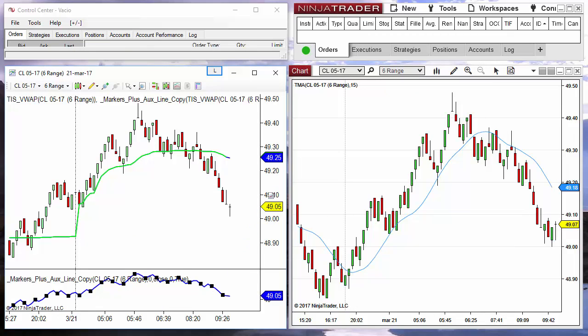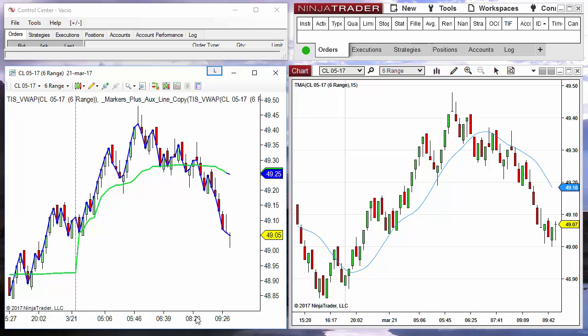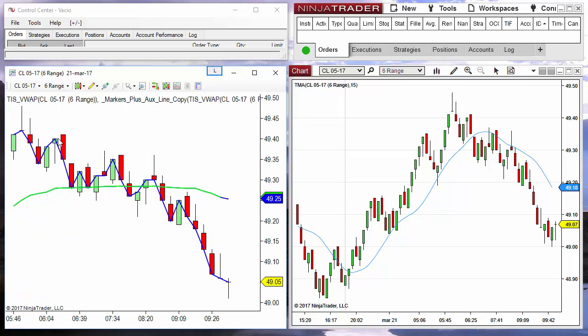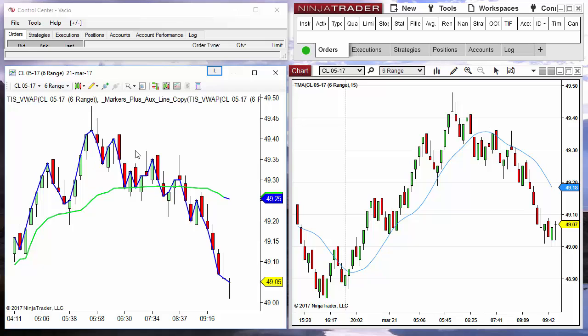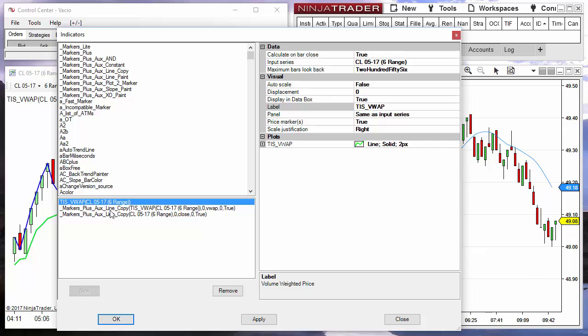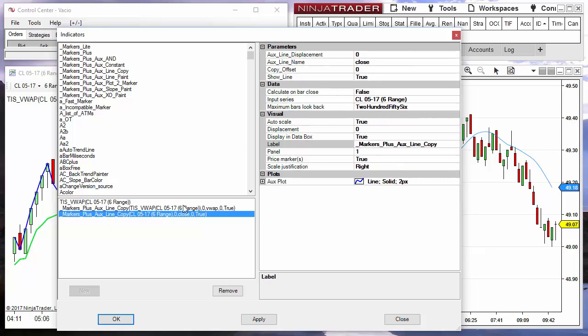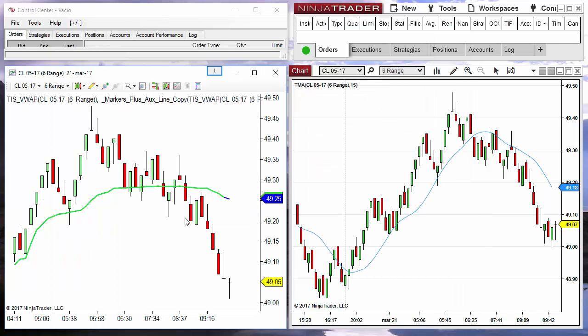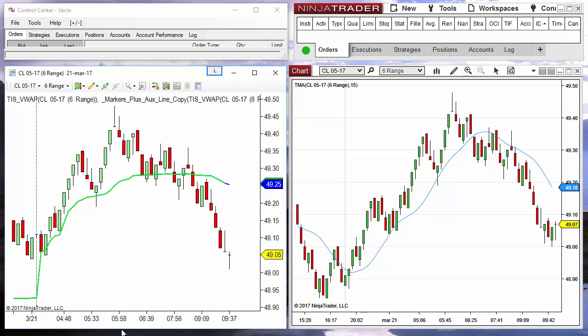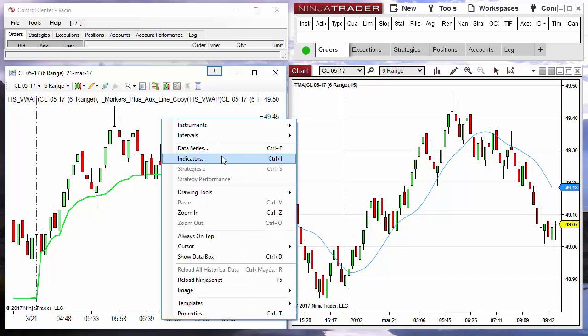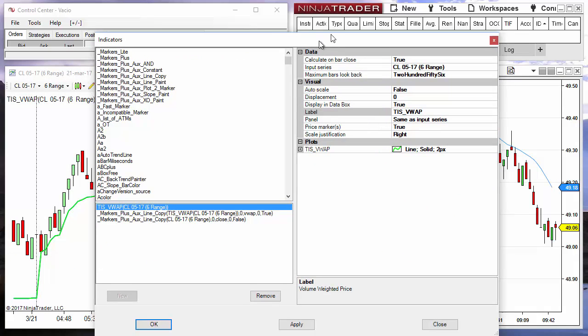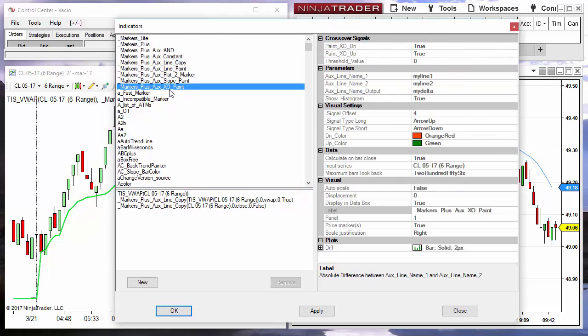Now we get this blue line at the bottom with the value of the close of each bar. As I don't want it painted, we can hide the line with the show line input parameter. And now we need the distance between the close and the line. For that we use the crossover indicator, XO,